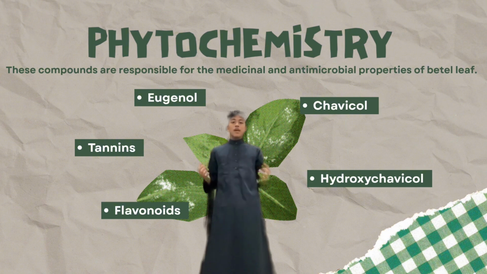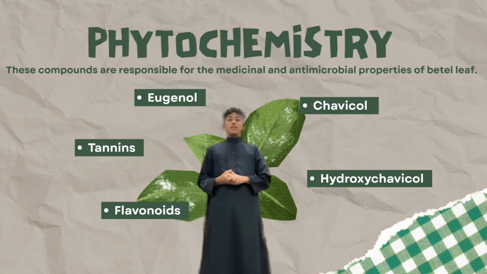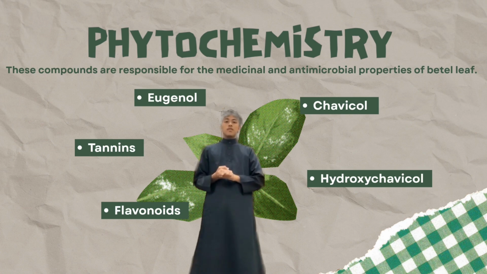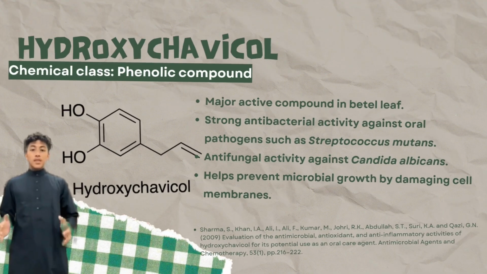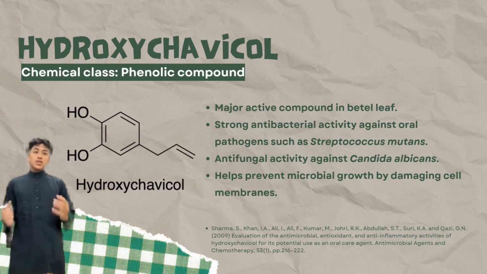Next, we are going to look at the phytochemistry of the betel leaf. Betel leaf contains these compounds which are responsible for its medicinal and antimicrobial properties, which are hydroxychavicol, chavicol, eugenol, tannins, and flavonoids. First, hydroxychavicol, which is considered the major bioactive compound in betel leaf and is largely responsible for